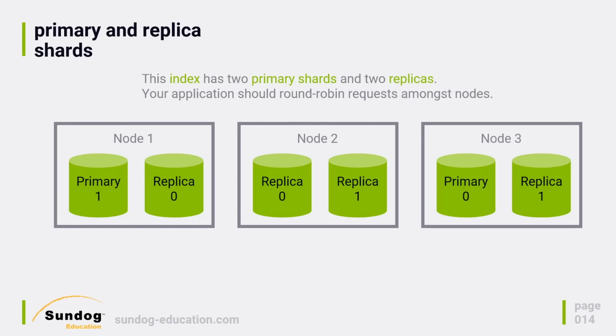So let's take a close look at what's going on here. In this example, I have 2 primary shards. That means those are basically the primary copies of my index data. And that's where write requests are going to be routed to initially. That data will then be replicated to the replica shards, which can also handle read requests whenever we want to. So let's take a look at how this is set up. Elasticsearch figures this all out for you automatically. So if I say I want an index with 2 primaries and 2 replicas, it's going to set things up like this if you give it 3 different nodes.